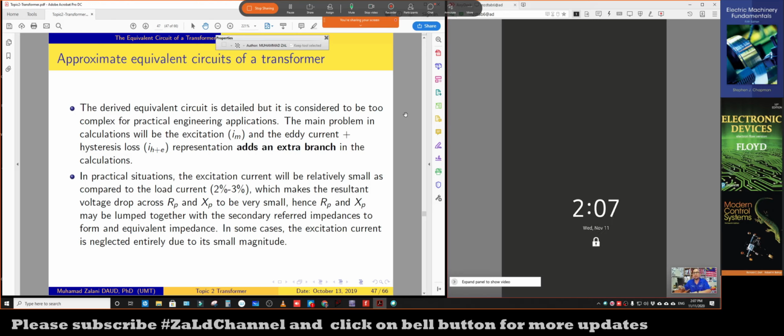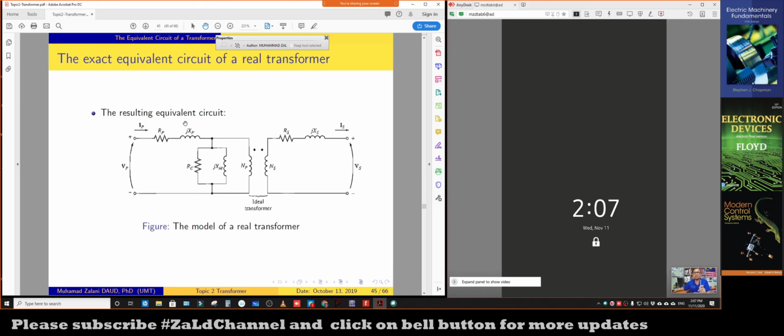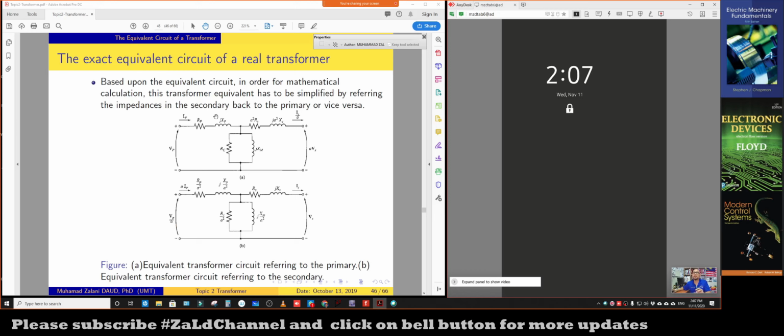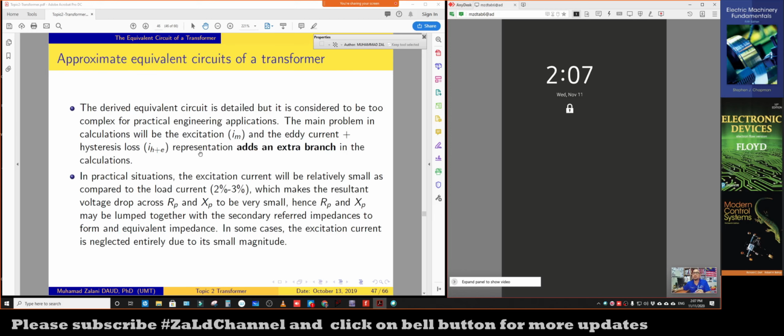For today we continue. For topic 2 we have finished up to the exact equivalent circuit of the real transformer. I hope you can see this. If there is any problem with the sharing of this monitor, or something on your side, just let me know. So we have finished up to the exact equivalent circuit of the real transformer, and from the exact equivalent circuit we have